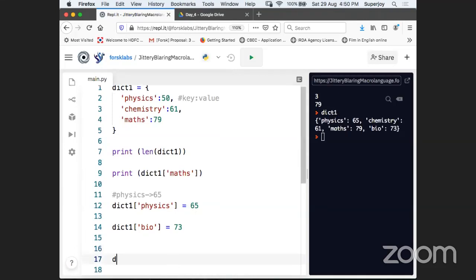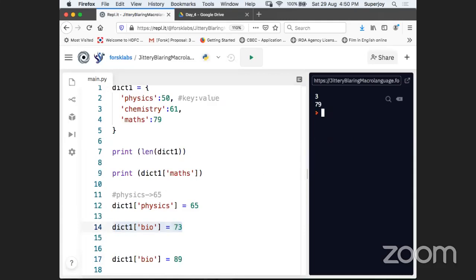So let's say bio, right? And now you say that no, marks are 89, for example. You are finally going to write 89 in the dictionary. So this will get replaced, and now here you can see we got the bio 89. So this is how you replace the value as well.